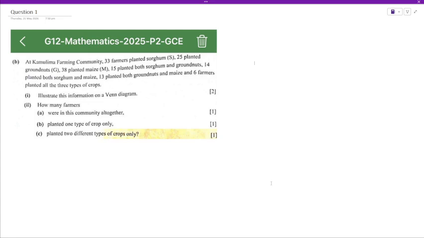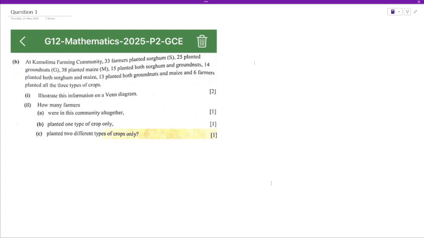Question 1, Roman numeral 2. How many farmers were in this farming community altogether? B, planted one type of crop only. C, planted 2 different types of crops only. Okay, so the first thing we do